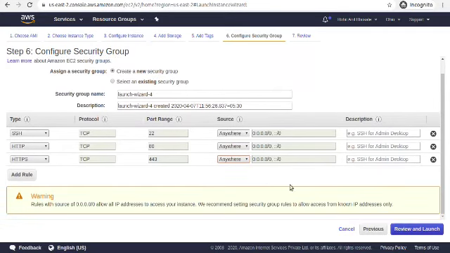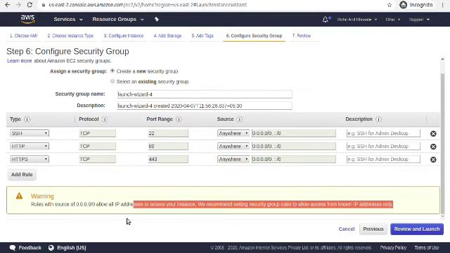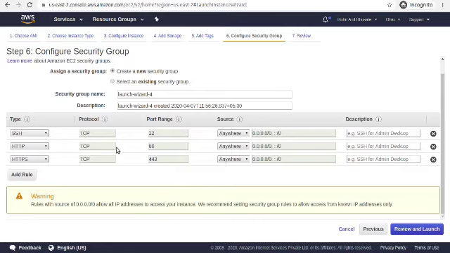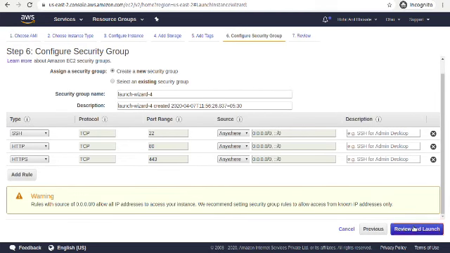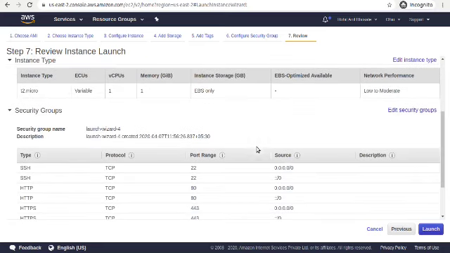There is a warning showing here: rules with source 0.0.0.0 allow all IP addresses to access your instance. We recommend setting security group rules to allow access from known IP addresses only. But I want to access all these ports from anywhere, hence I have made this. So just click on Review and Launch.